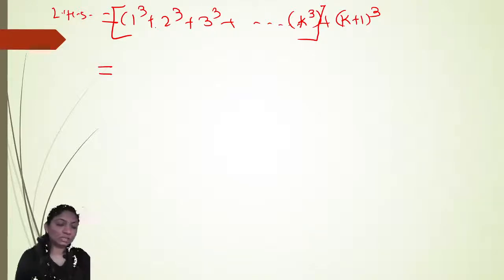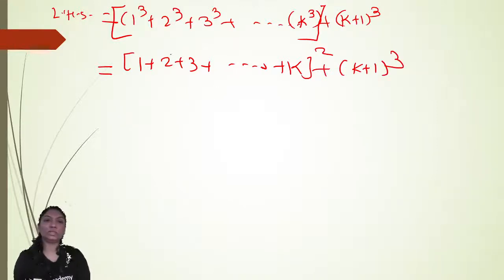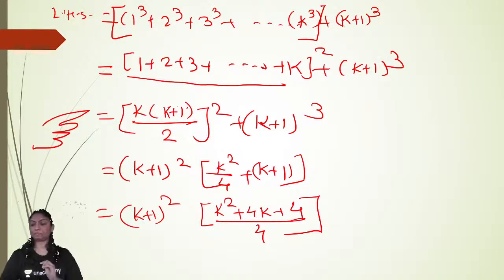We know that the sum, that is (1 plus 2 plus 3 plus and so on plus k) bracket square plus (k plus 1) bracket cube. The most important thing in this example is that